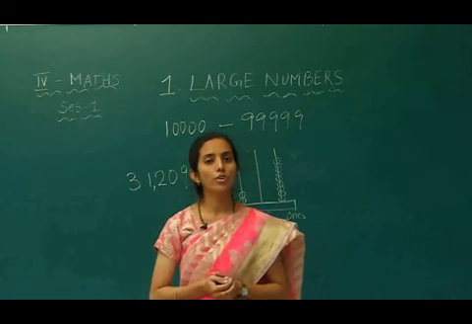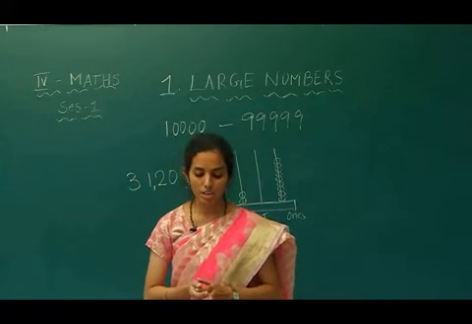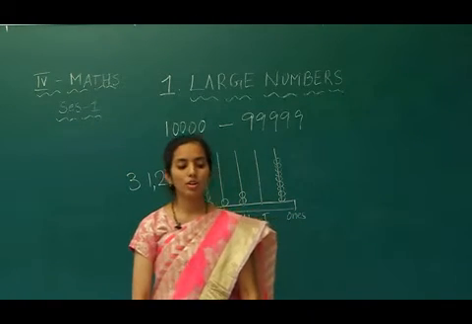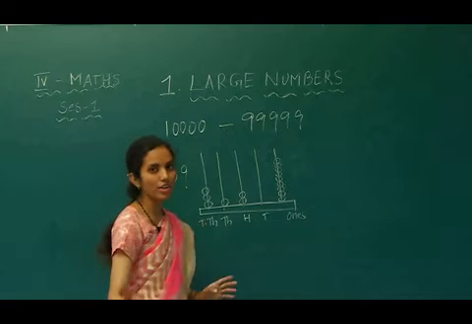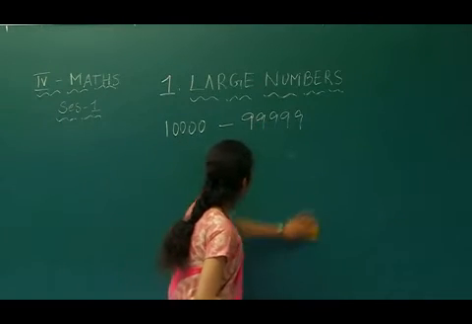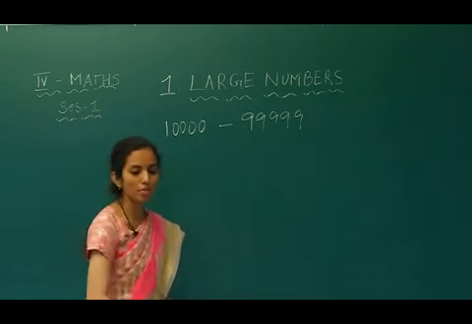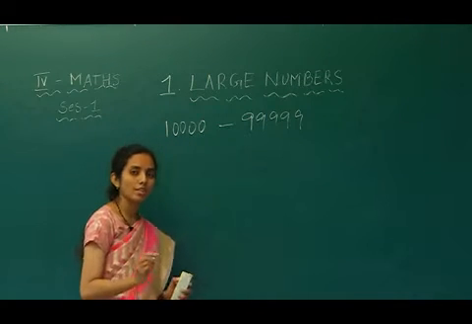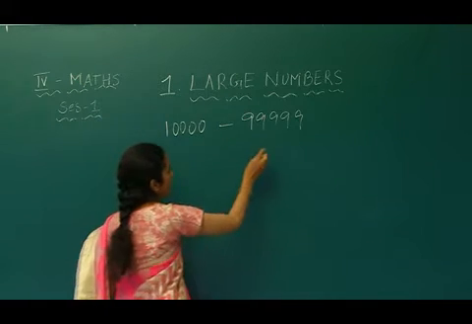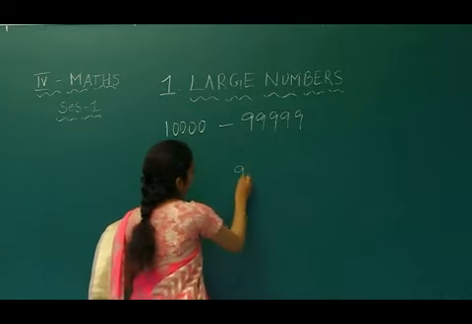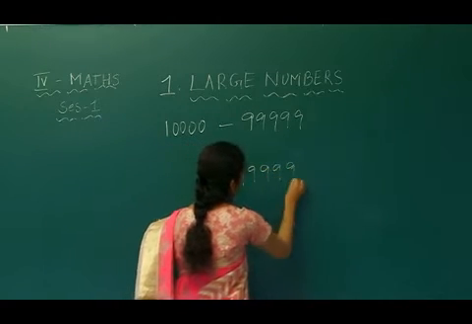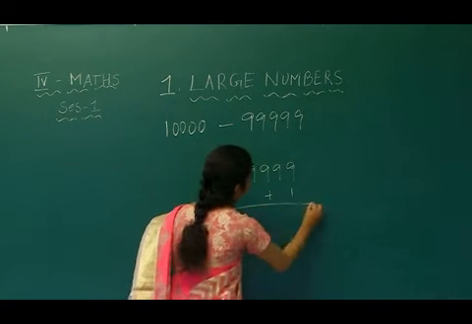Now all of you open your textbooks, page number 9. So now we have learned up to 5-digit numbers. How do we form a new 6-digit number? As we formed the 5-digit numbers, that is by adding 1 to the last 5-digit number. So this is our last and biggest 5-digit number, 99,999, plus 1 is